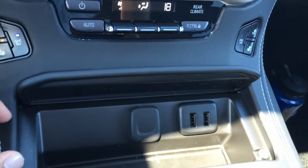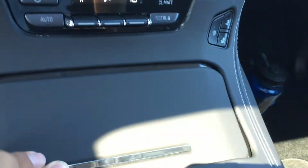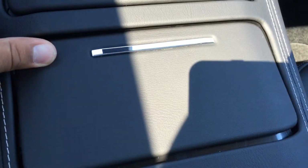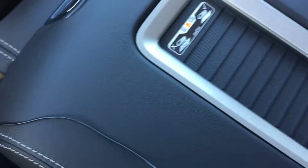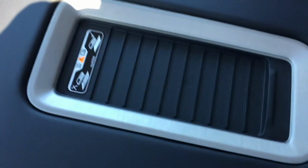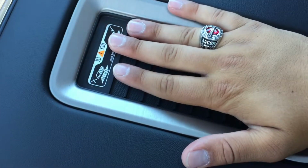Nice little bit of storage here where it flips up, as well as that there is an auxiliary power outlet and 2 USB ports. 2 cup holders here with the same functionality of that flip open style, and a nice armrest here in between the seats, as well as a nice spot to place your phone. And if your phone is wireless charging capable and you place it right here, it will begin to charge when